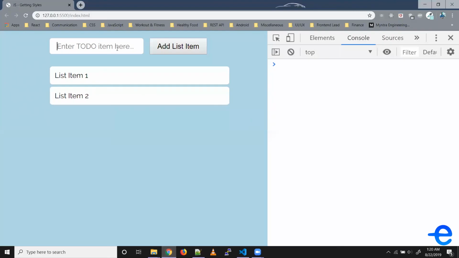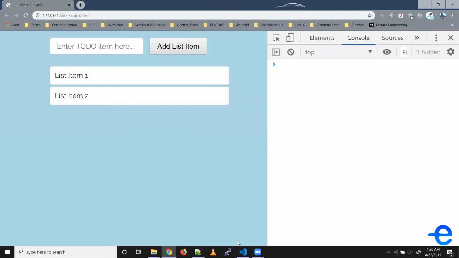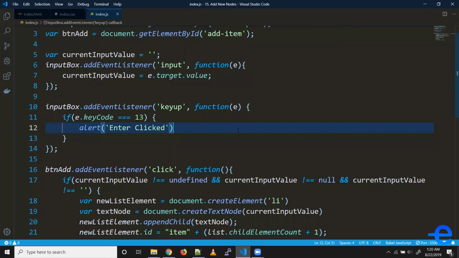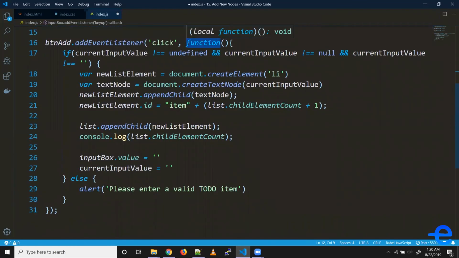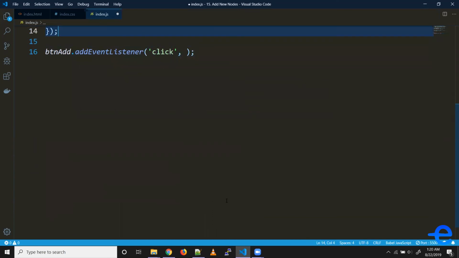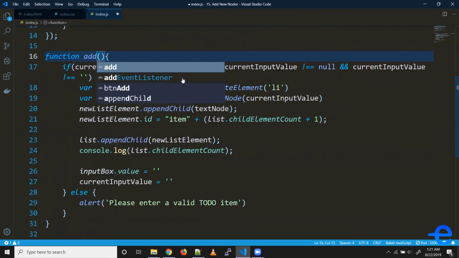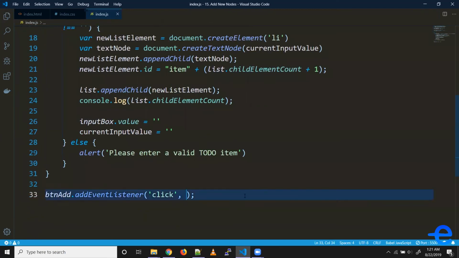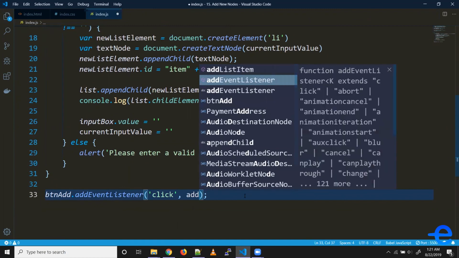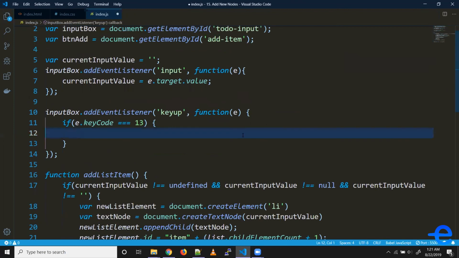So coming back. Now when I hit enter, it shows me this alert, enter clicked. So far, so good. So moving on. Now instead of showing this alert, what we want is we want to trigger this function. So let's move this out. Let's paste it here. And now this cannot be an anonymous function. So let's give it a name. Say add list item. And let's pass the reference here. So add list item